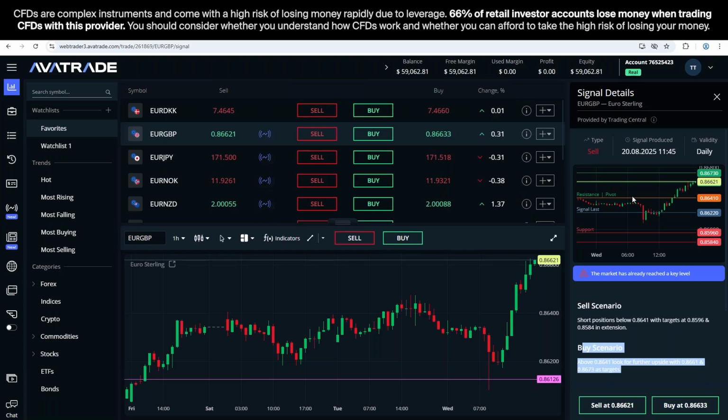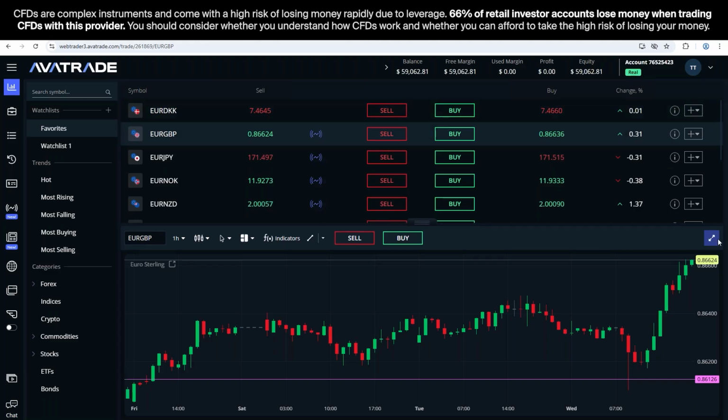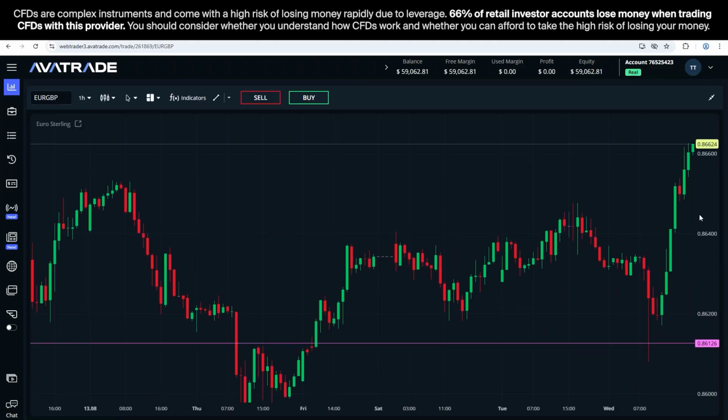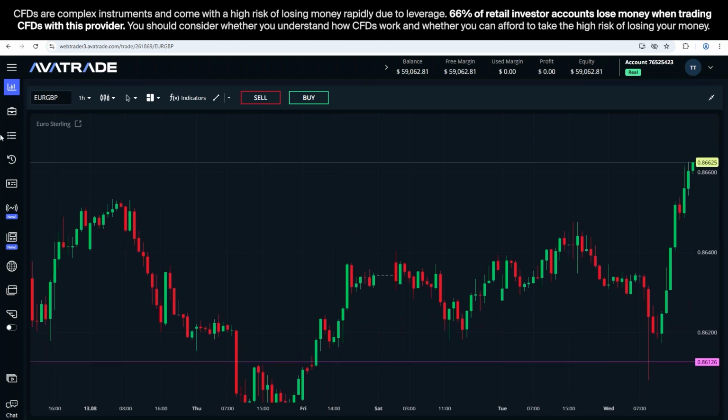And so given that this did not follow the original signal, but now we have announcements from earlier today that might work with the original sell signal, we could pull up the chart ourselves and see what we think about the technicals. And so as I'm looking at the Euro GBP here,